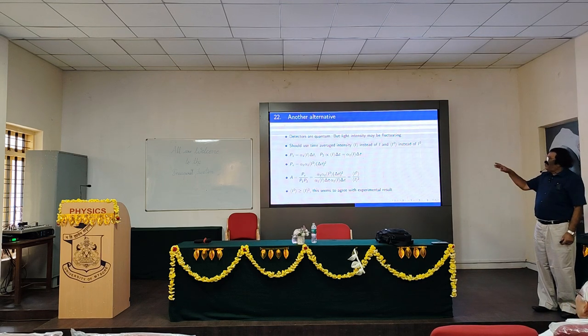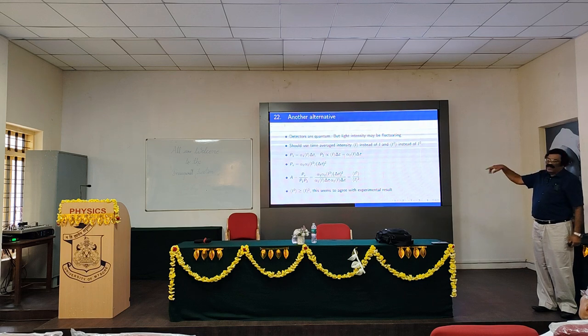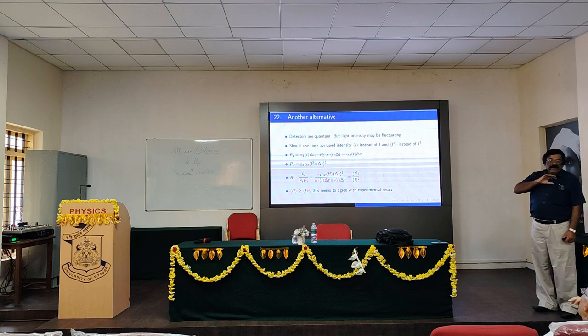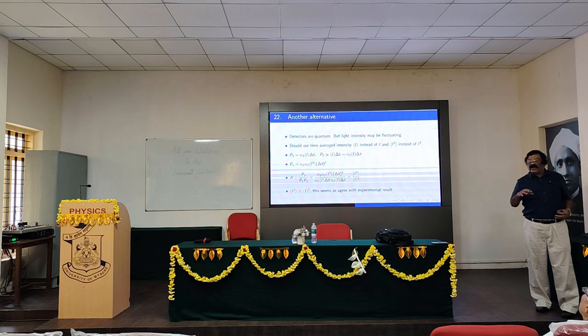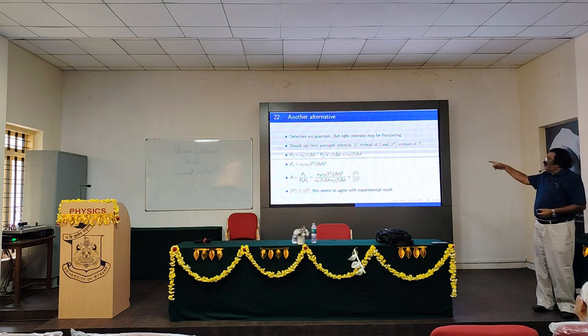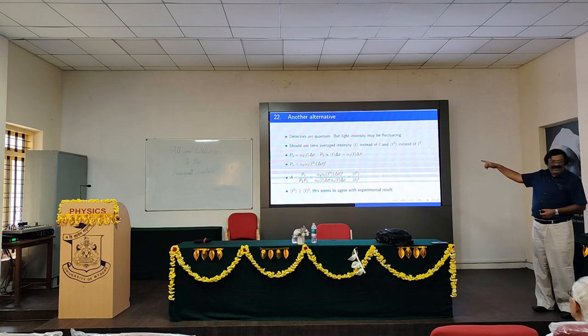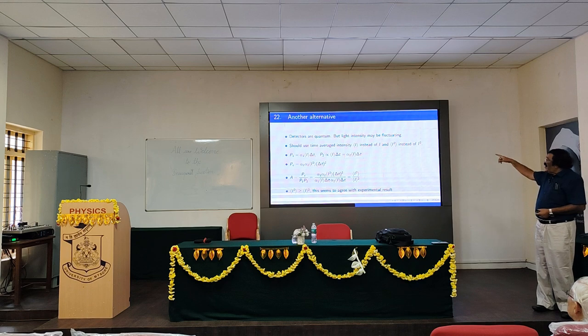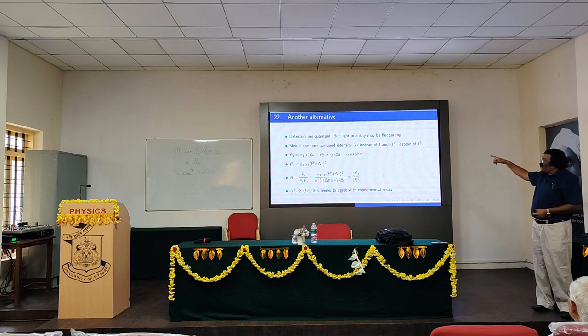Yeah, right. So this is regarding the way we consider the electromagnetic field. Whenever we say a beam of light, that beam of light appears to be constant for us, but there is oscillation of the electric field which causes this time varying intensity. So one should use the average intensity I instead of instantaneous intensity, and average of I square instead of I square.